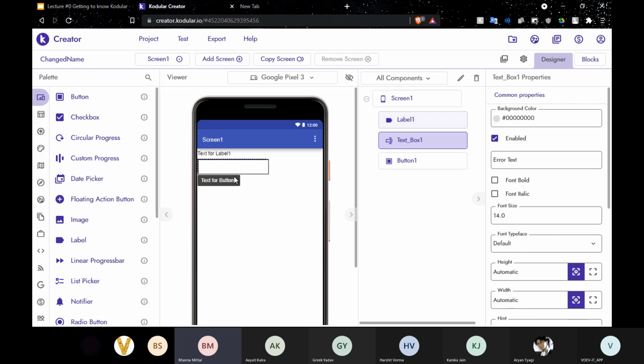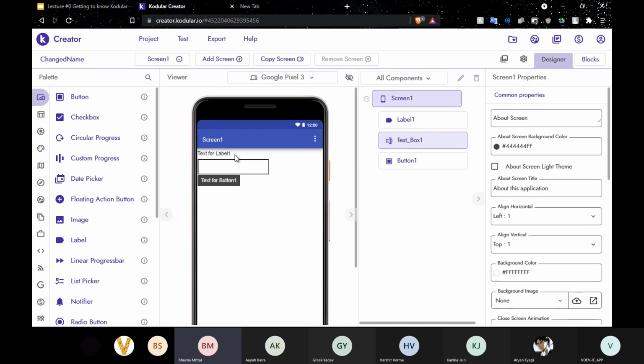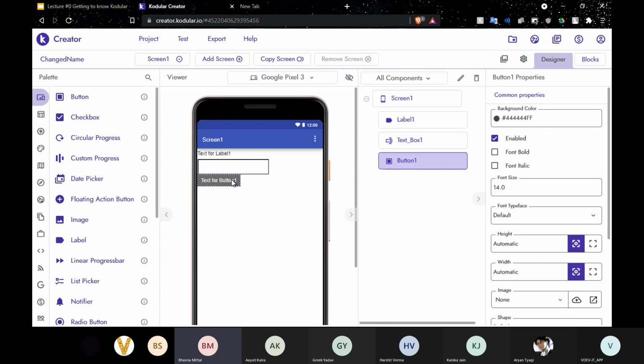Just raise your hand. Are you able to open creator? Aarti, Greek, are you able to open creator? Yes, ma'am.